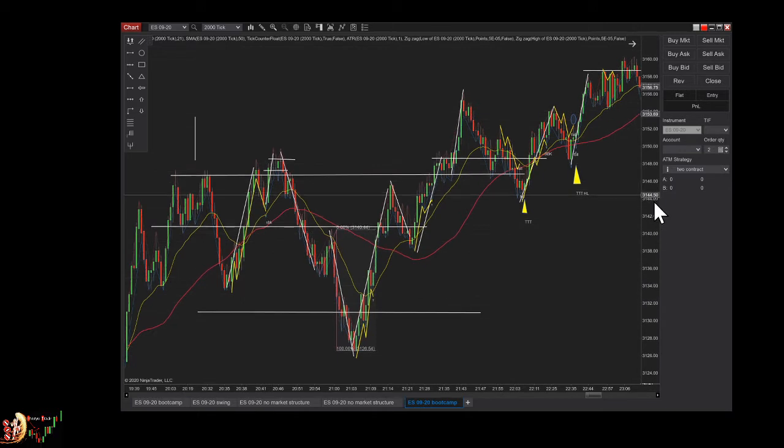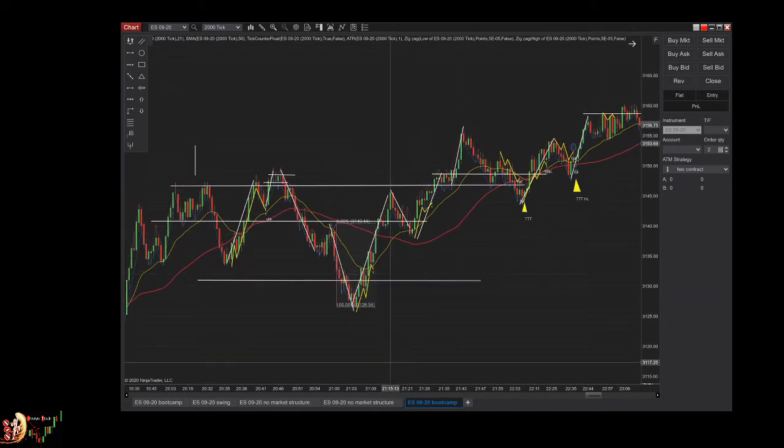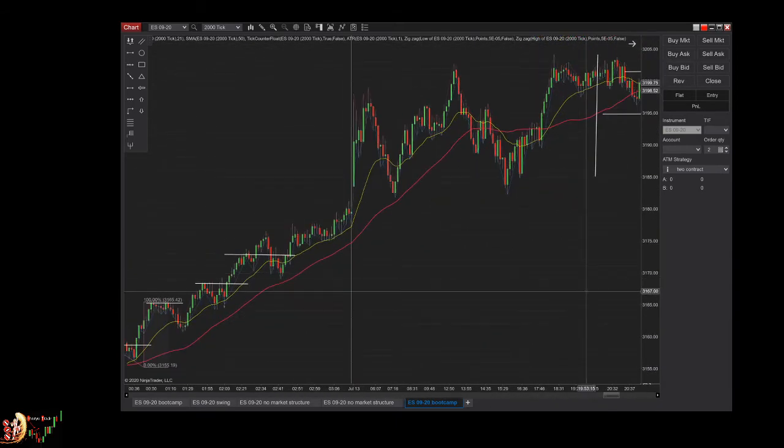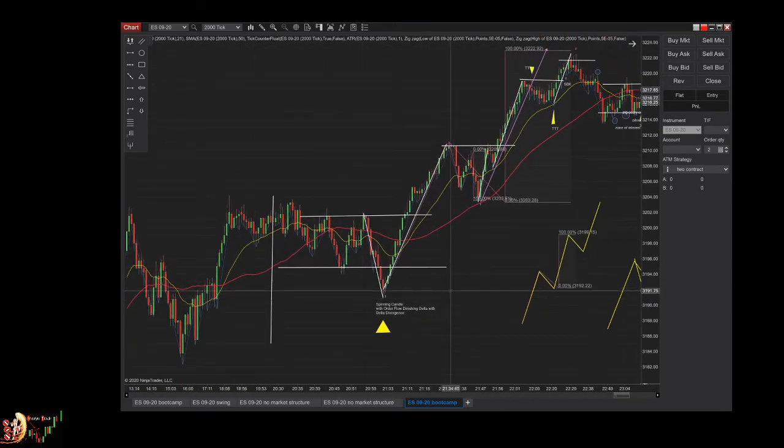I don't use it personally every time, but when I'm able to spot stuff that are heavy, that are really obvious, like this leg, for me, when I was watching live, it was obvious that this leg was the same as this leg, and we were extended, so I knew that we shouldn't take long over here.